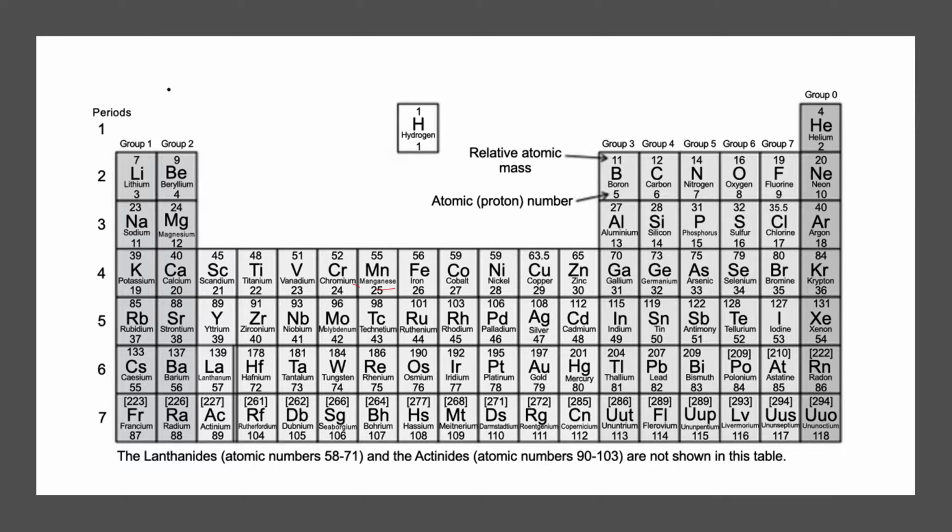Over here I have a copy of the periodic table. The metals are on the left hand side of the periodic table. So the metals are on this side, and on the right hand side of the periodic table are the non-metals, and there's a line which goes diagonally from one side of the periodic table to the other side, which separates out the metals from the non-metals, and this comes from the left hand side of boron. It goes diagonally just like this across to the other end of the periodic table,